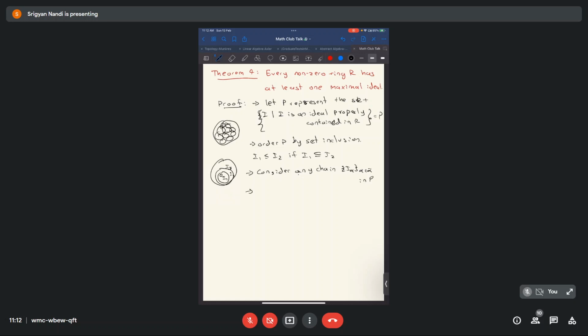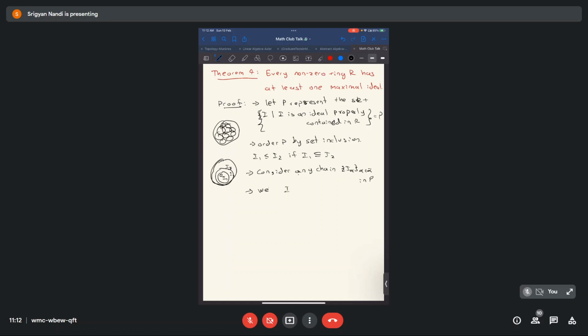The theorem states that if we want a maximal element among the sets we have considered, we need to be able to find an upper bound for any one of these chains. Of course, the upper bound can't be the ideal R itself, since the set we are considering does not contain R. It only contains the ideals properly contained in it. But we can easily get around that